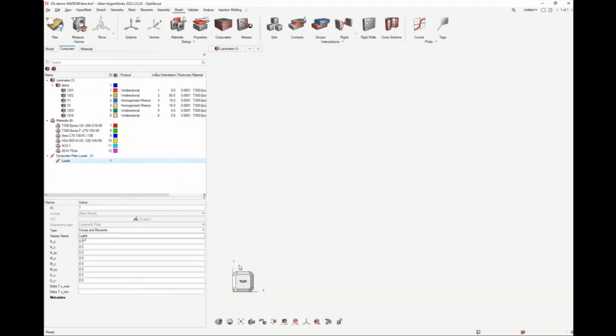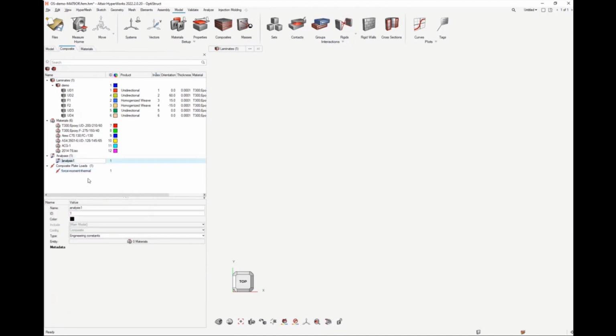And if we now do a load response, then things start to get a bit more interesting, because in this case here, I'm actually going to combine our mechanical load with a temperature load, and I'm going to use different temperature changes on top and bottom of the laminate. Bearing in mind that this assumes a linear temperature distribution, because we do not have the conductivity values in our current materials. So now if I run an analysis with the given load,